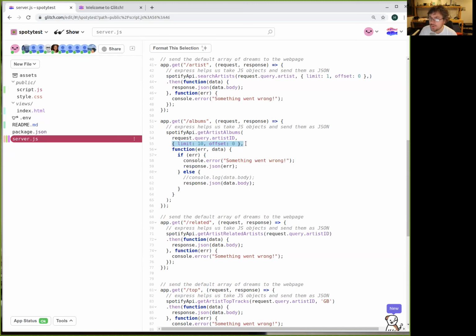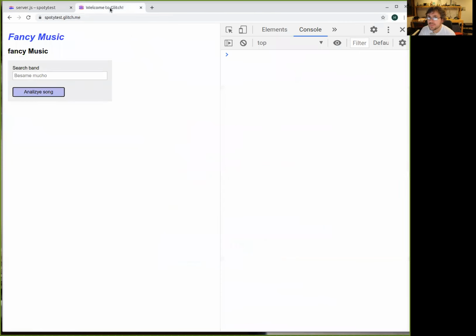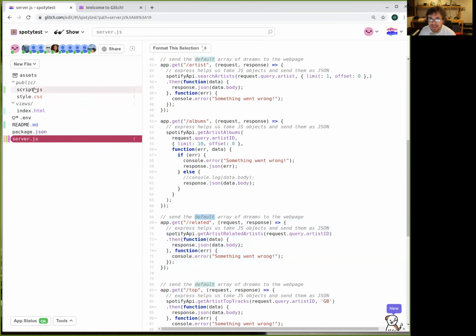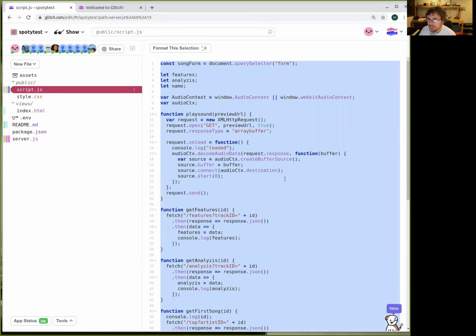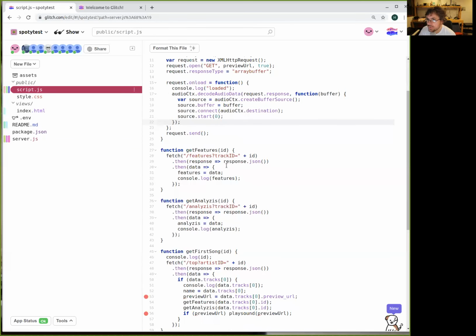You can go slowly. You will see that in the same way that you are calling albums, for example, you can also call related. It's already done here. Related is gonna give you back when you call related in the client. See, when you call, we are not doing it, right? But when you call related, actually we can do this. Well, I'm not gonna do it for you. When you understand this code, you will realize that that is extremely simple.